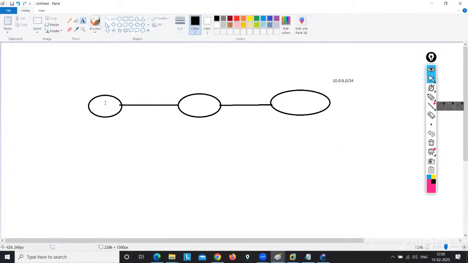From R1, I want to see show ip route. Static IP is configured. My routing part is good, everything is good, but the 10 network is not reachable. In my routing table, will it be there or not? Okay, so these things I will let you know, because this type of question will arise for the IP SLA part. When I do the HSRP part, I will do the same thing.